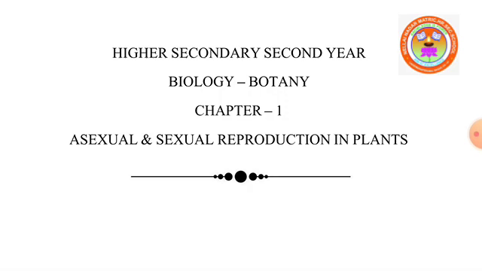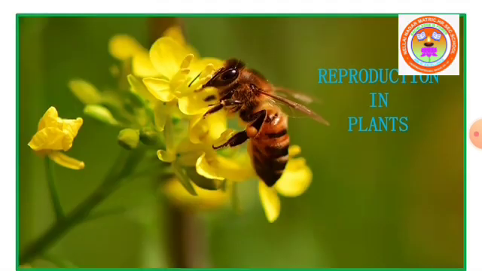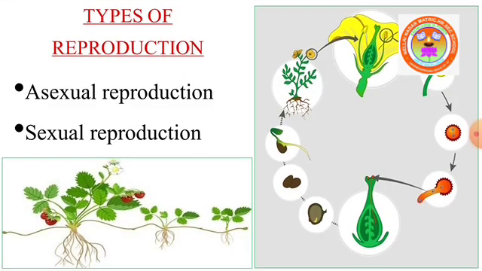As a chapter outline, first of all, we are going to discuss asexual reproduction and its types. So, chapter reproduction in plants, we are going to start with asexual reproduction. Reproduction takes place in plants in two types. Basically, reproduction occurring in all organisms, as you are aware, comes under two major categories, that is asexual reproduction and sexual reproduction.